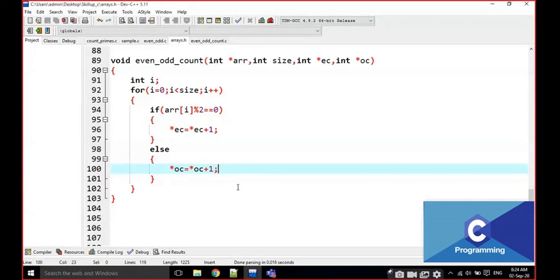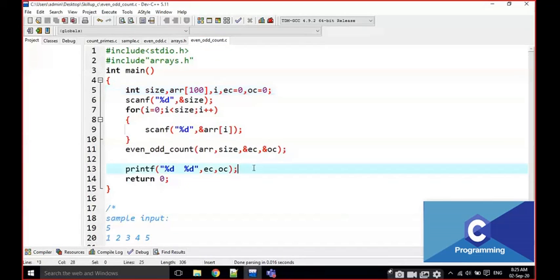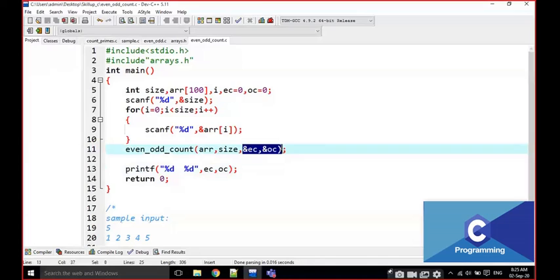That's why these are not working: i plus plus and ec plus plus and oc plus plus. Here I am going to modify the EC and OC values, and these are applicable here because we are passing an address, right?